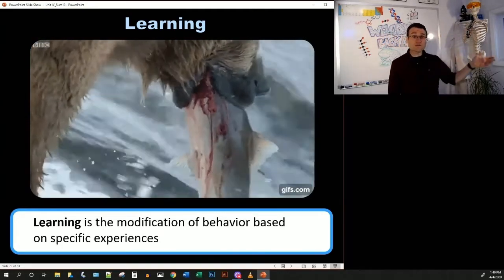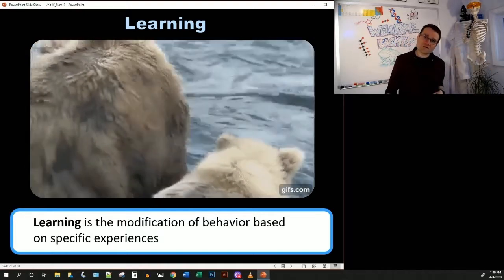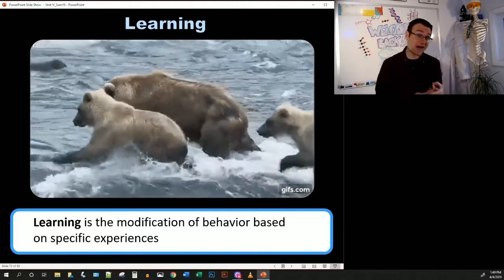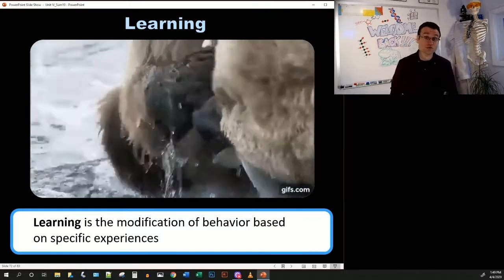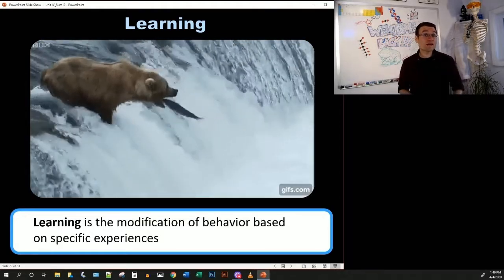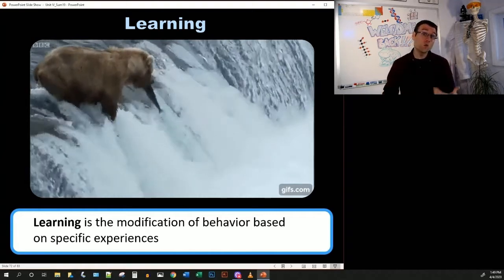But when you are, say, 90 years old, you put your hand too close to a candle, you're still going to have that reflex to pull it away. Reflexes and other innate behaviors, taxis, fixed action patterns, those sorts of things, they don't really change over time. But learned behaviors are different. With learned behavior, you can modify your own behavior with some experience.